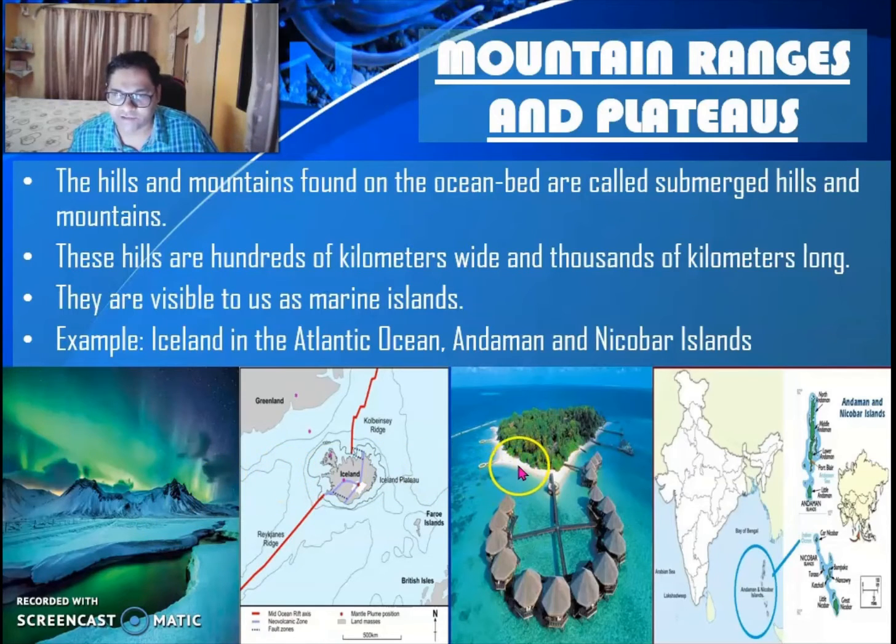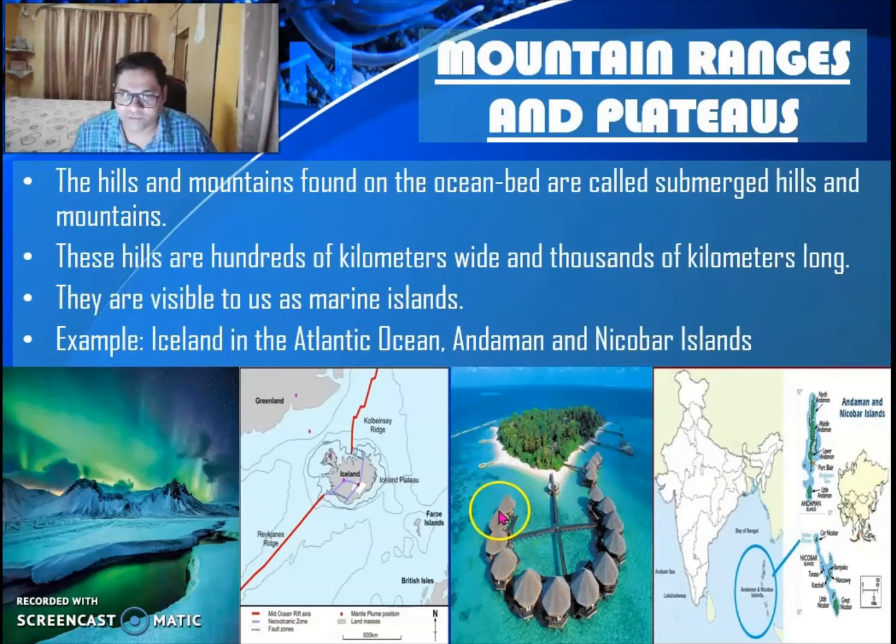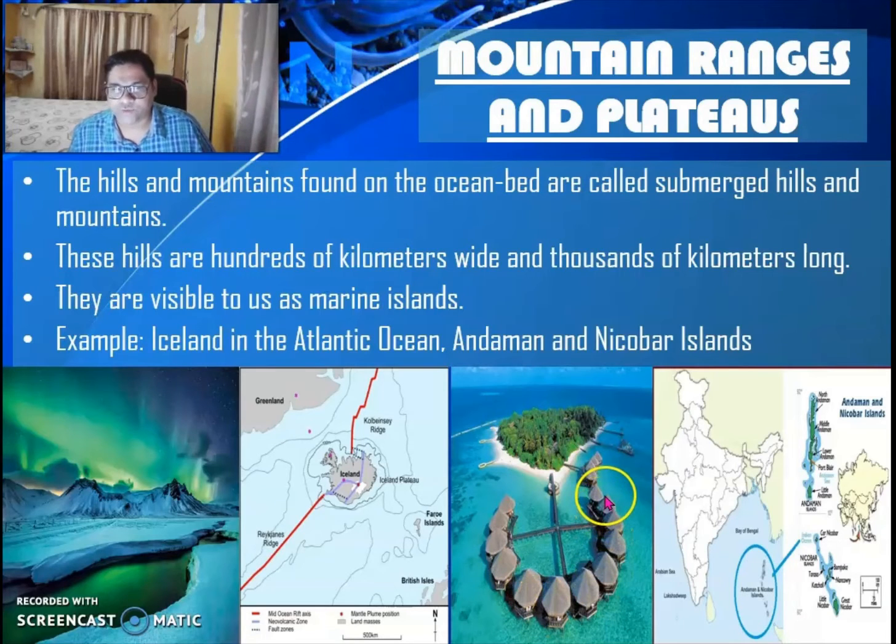The next example is Andaman and Nicobar Island. Now where is Andaman and Nicobar Island, children? Do you know where it is? Yes, it is near India. It is a little away from India, but it's part of India. You can see the map over here, and this is the enlarged part of the map, Andaman and Nicobar Islands. Now it looks like this. This is a picture of Andaman Nicobar Island. And they have built houses, shacks, where people can go for tours and travels. There are small hotels over there. Okay, you can visit that place one day.